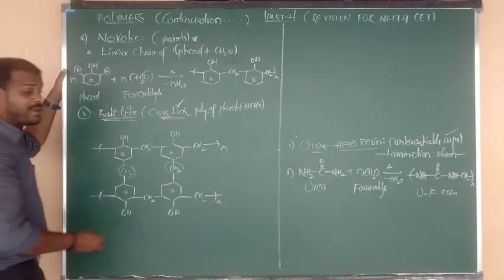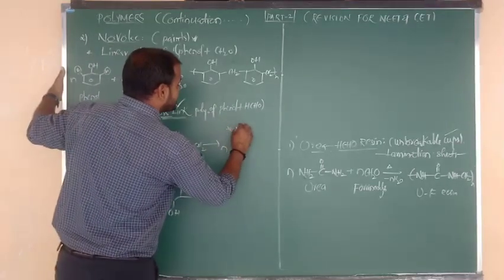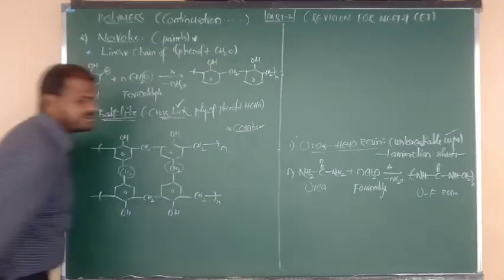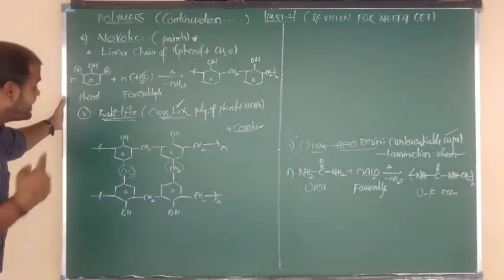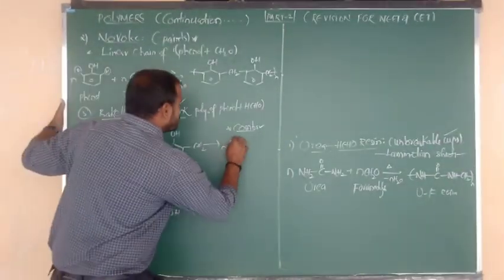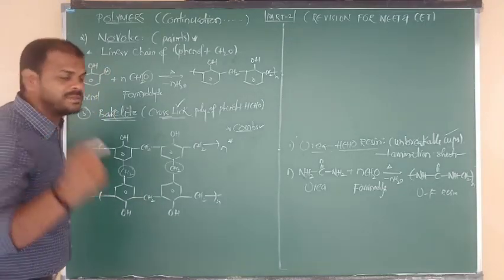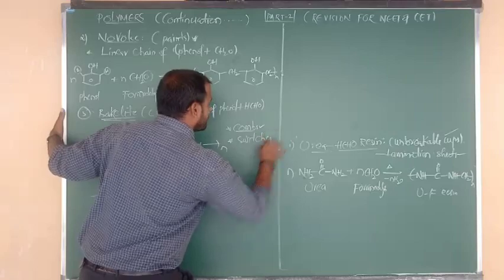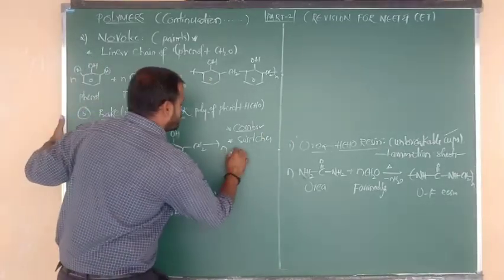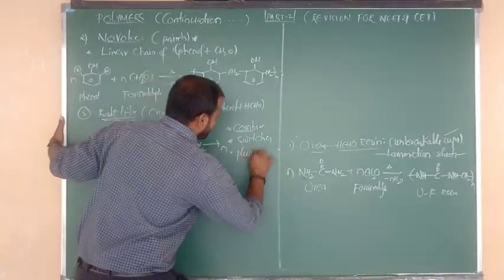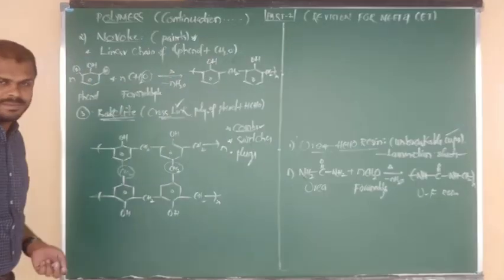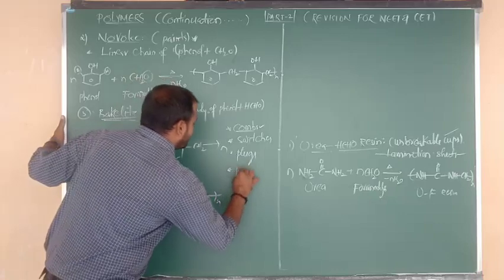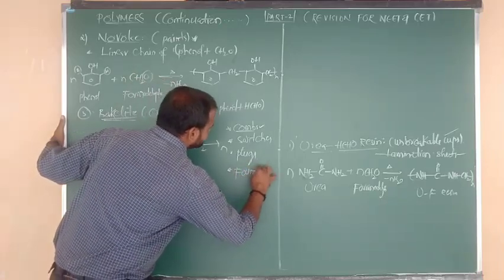So what are the uses of bakelite? To state the uses of bakelite, we have to say that first of all, it is used in making combs. What are combs prepared from? Bakelite. Used in making electrical goods, especially switches, nothing but switching boards. And also we can say that it is used in making plugs. Okay, now plugs are also made with what, beta? Yes, bakelite.